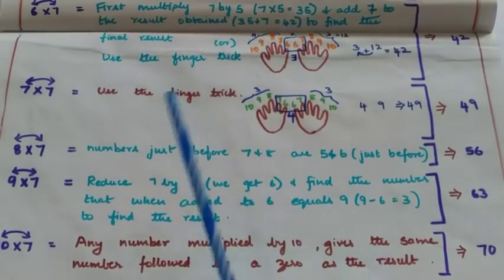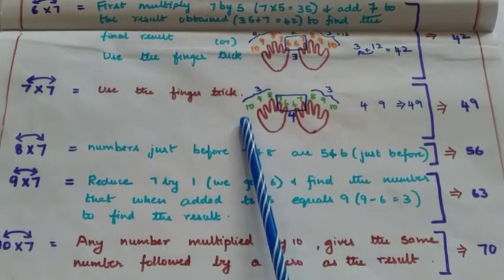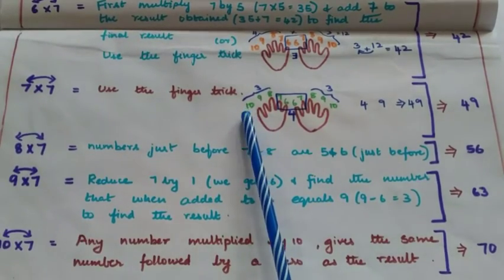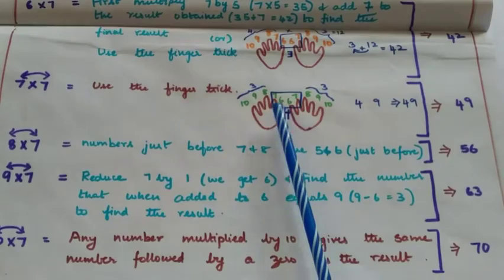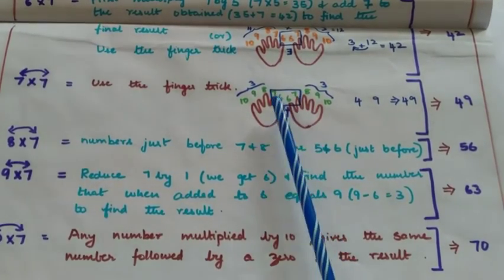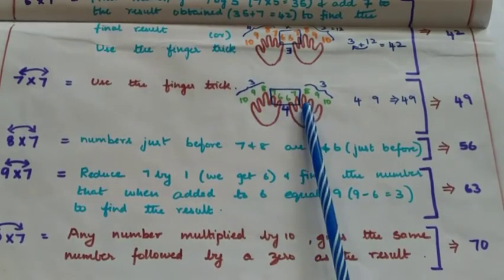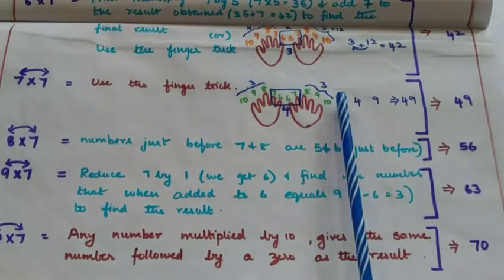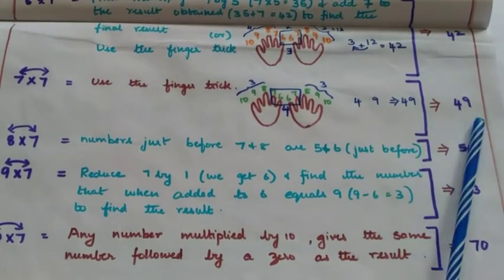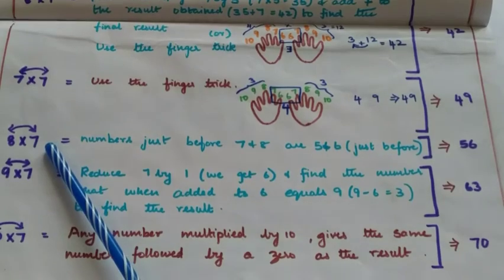Now let's see how to multiply 7 by 7 by using this finger trick to make this concept even more clear. So again, you need to put up all your fingers and number the fingers starting from the baby finger. So when you reach the thumb of both the hands, you end with the number 10. Then you need to rotate your hand to touch the fingers that have been numbered 7 and count the number of fingers in between them including the fingers that have been touched to obtain 4, and then count the number of fingers on either side of the fingers that have been touched and multiply the numbers to obtain 9. So since 9 is a single digit number, you can just club 4 and 9 to obtain the final result 49.